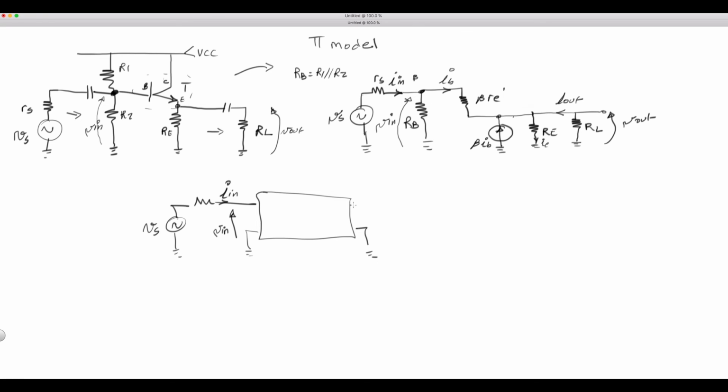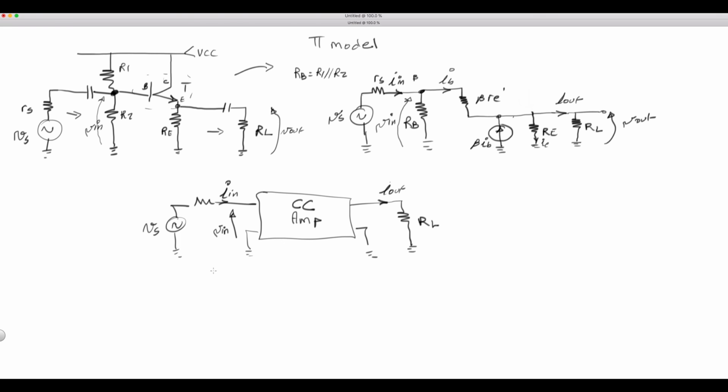As far as the output is concerned, then RL is right here. And I out is this way. Let's flip the order for I out here just to reflect the logic as to how we're seeing this. So we're going down to ground in this manner. So this will be the equivalent for the amplifier or the common collector